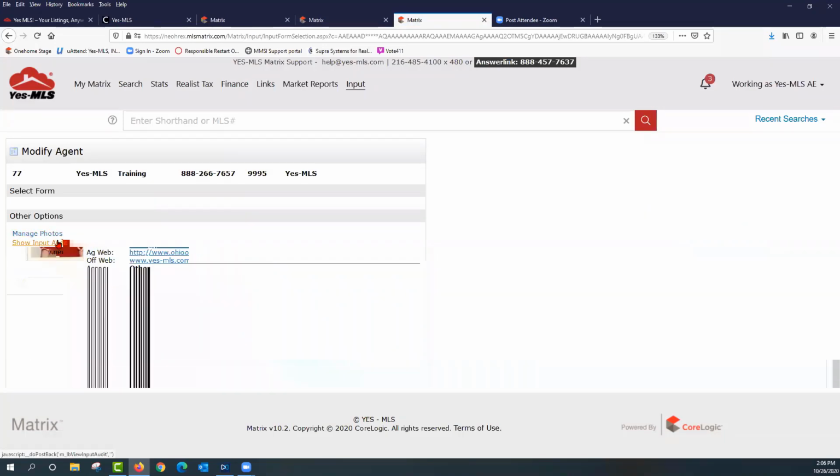All right, next, you might want to take a look at your email signature. So when you send listings out of the MLS, you have an automatic email signature at the bottom, and the default of that is just your